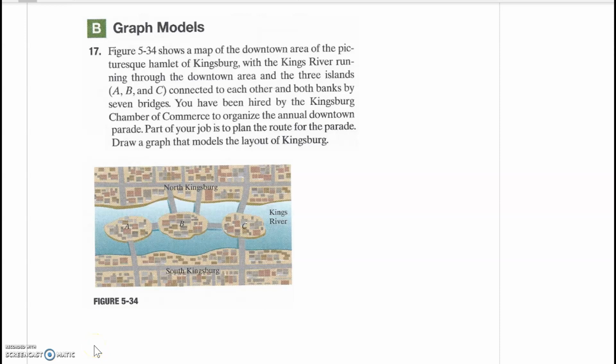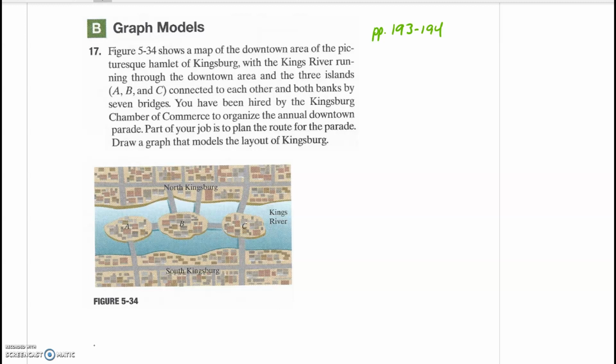Okay, we're going to look at building graph models ourselves now, and these problems you can find in the textbook on pages 193 and 194. We're not going to do too many, only a couple of problems here. So it shouldn't take very long, but this is all about being able to build a graph that